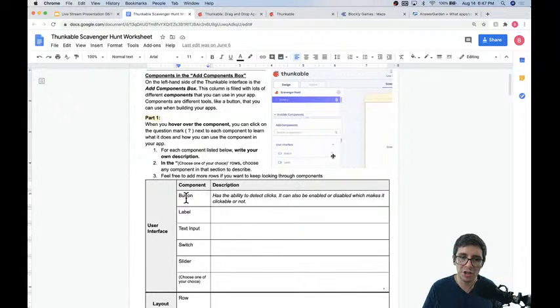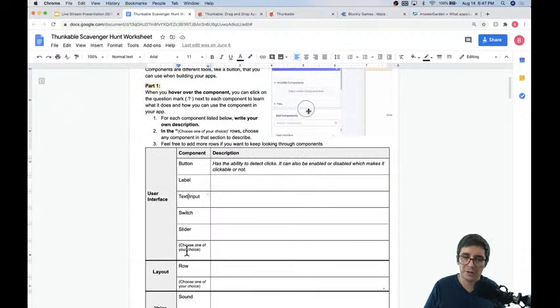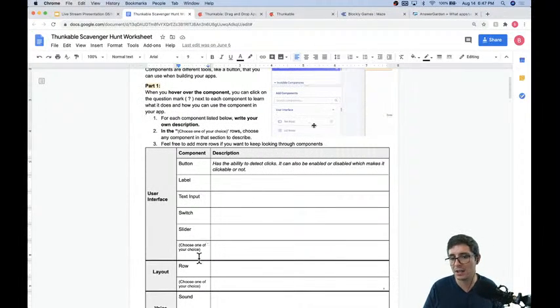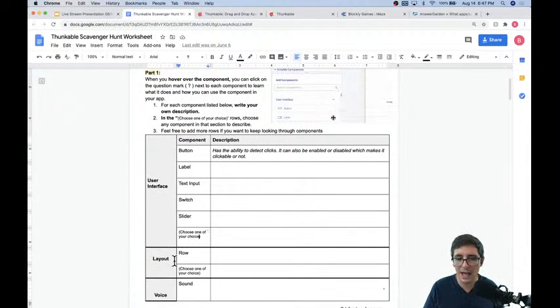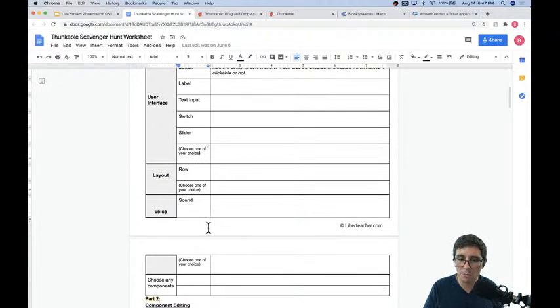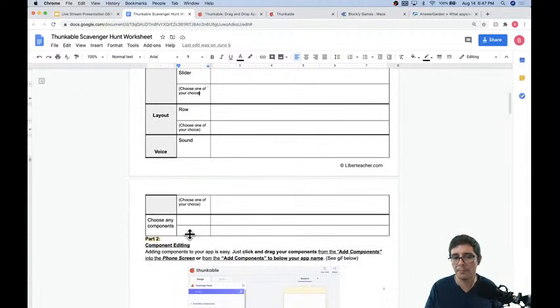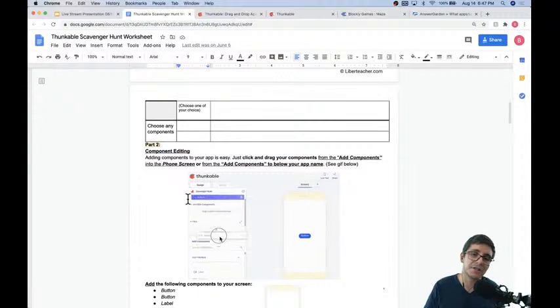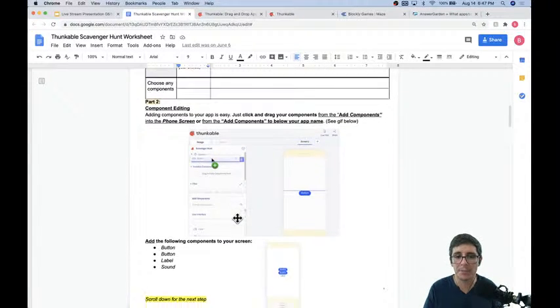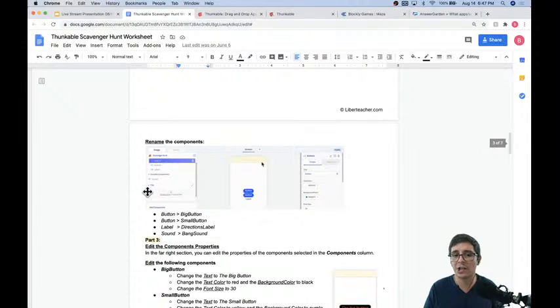That question mark will tell you what that component does. So for each component here, you're going to click that question mark and try to figure out what it does. And then after that, you can choose your choice of a component in the empty space. You can do that for some of the user interface ones, some of the layout ones, some of the voice ones, and you could just choose any components that you might be interested in learning. After that, you're going to start editing some components, adding some components,